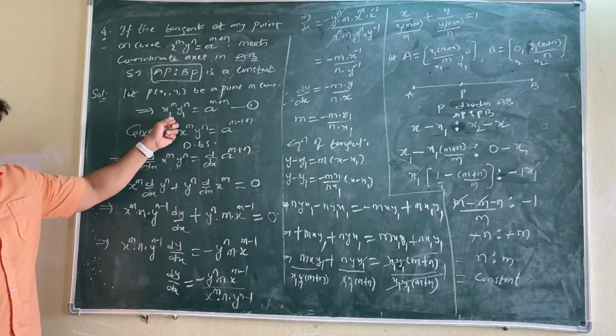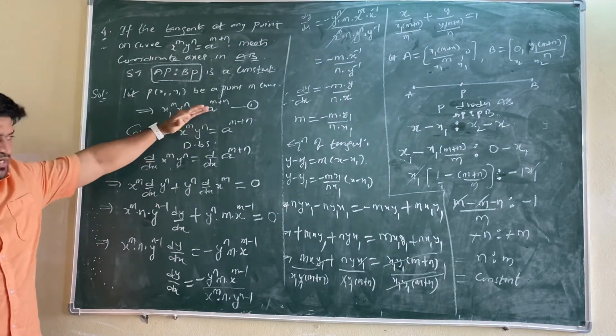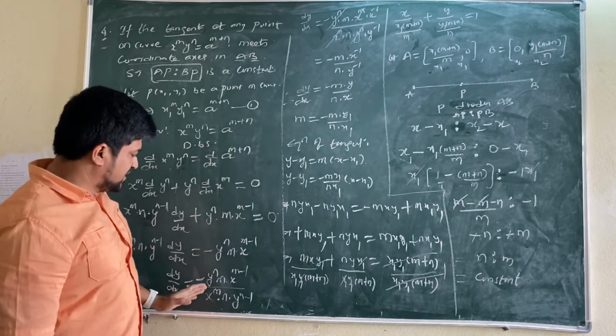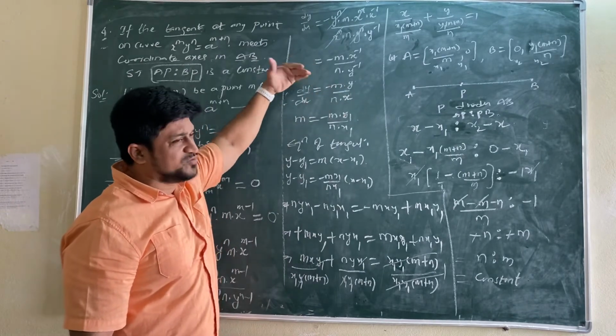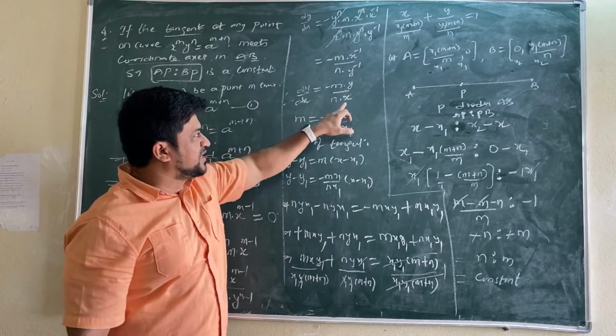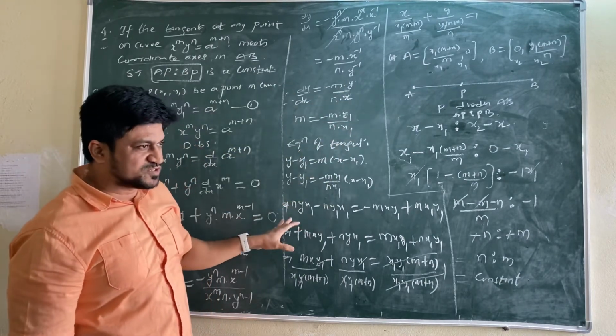First of all, curve is given. In that curve you can substitute x1 y1. It is not used anywhere. Let it be. Then given curve we have differentiated. We got UV form. Then we got dy by dx. After dy by dx simplification, quite difficult. You can simplify this one. Take n. By taking n, wherever y and x, x1, y1 you have to take equation of tangent. That n value you have to substitute, cross multiply.